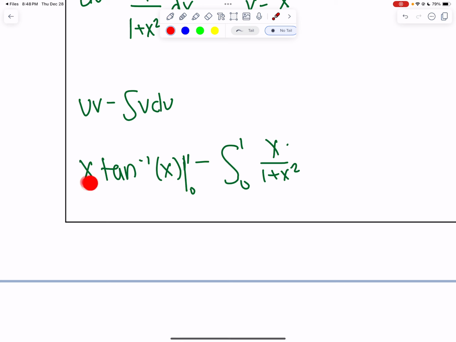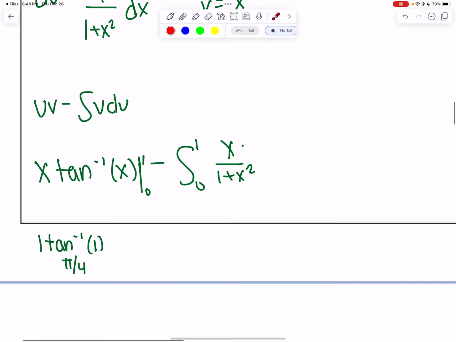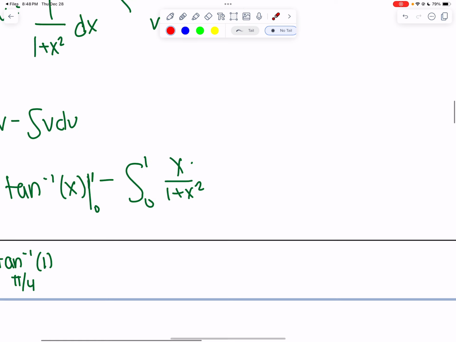I'm going to evaluate this first just because it's easiest for me to evaluate. I'm going to plug in 1 and 0. Well, don't plug in 0, because 0 times that thing right here is just going to be 0 anyways. So now you have 1 times inverse tangent of 1. Well, hopefully you know your unit circle. That's just pi over 4. So that's this part right here. I still have to deal with this integral right here, and this integral, I forgot the dx, is